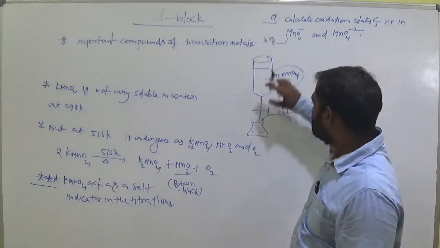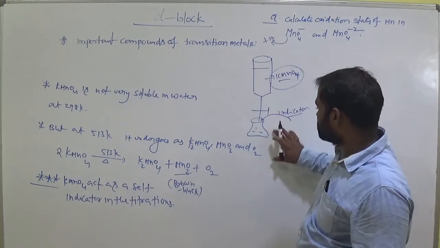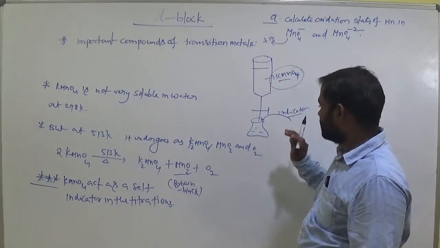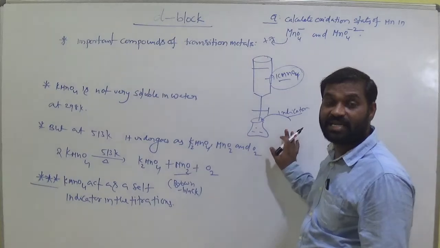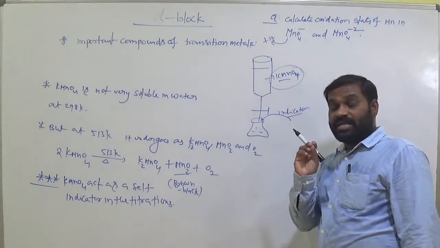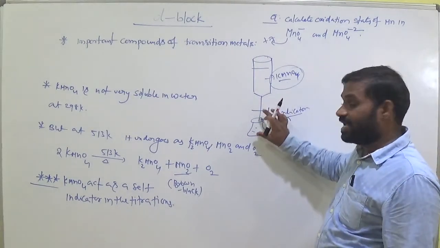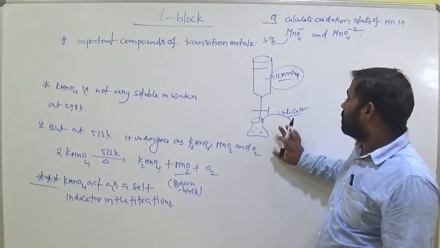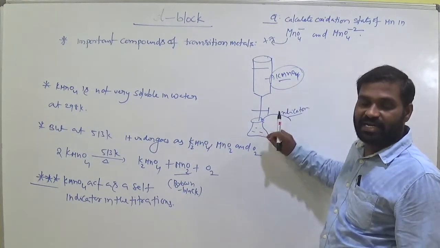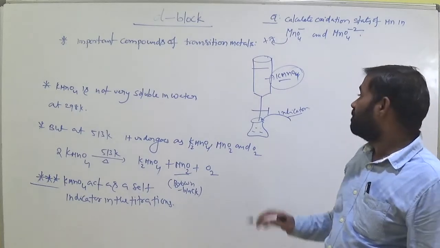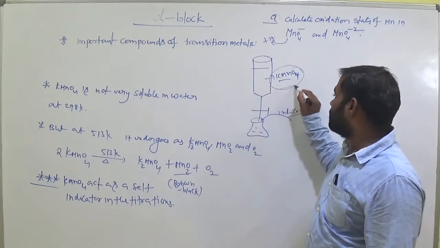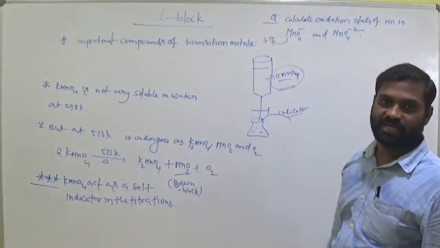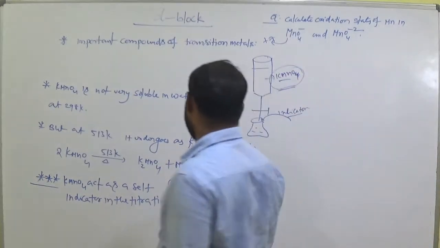Is it clear, students? This is the titration. This is KMnO4. This is another solution. A reaction takes place between these two. For that purpose, we have to add an indicator. An indicator shows colors in between the reactions at a particular point. So we have to add some indicator like methyl orange. But in this titration where KMnO4 reacts, there is no need to add an indicator. It acts as a self indicator. Keep that. Very, very important.